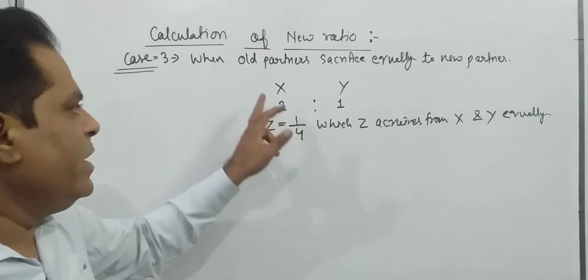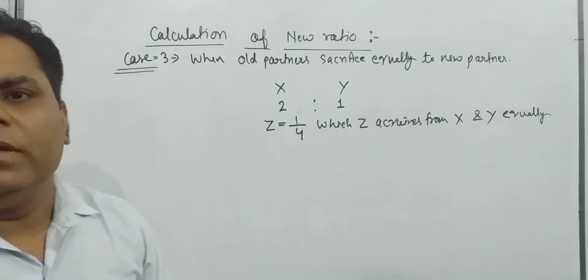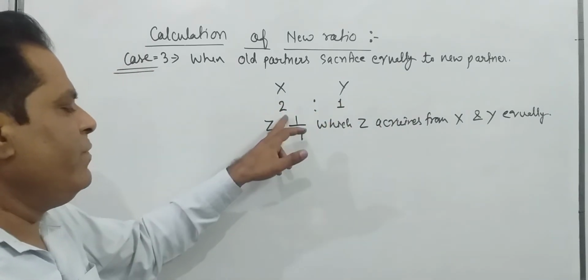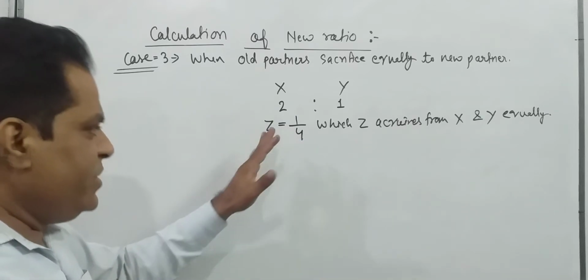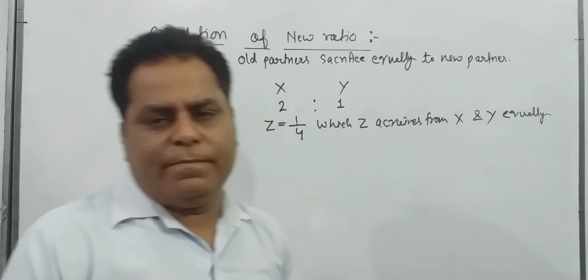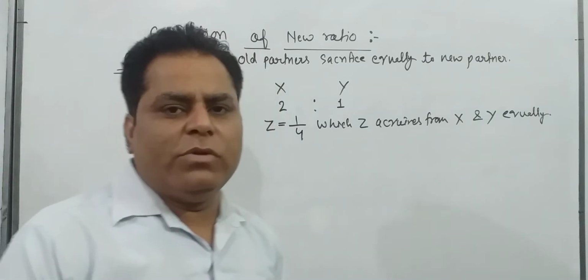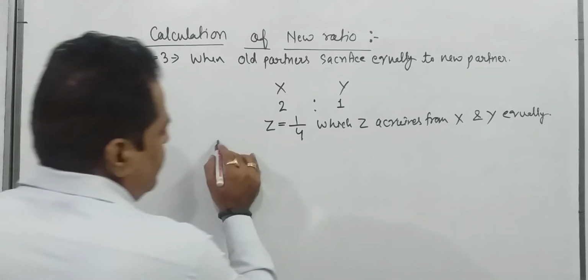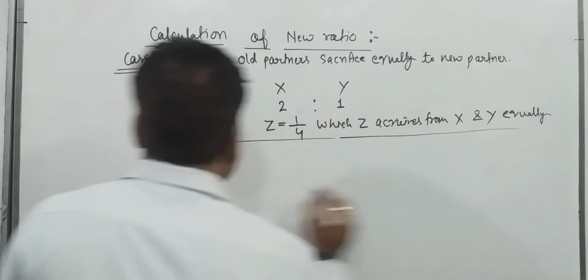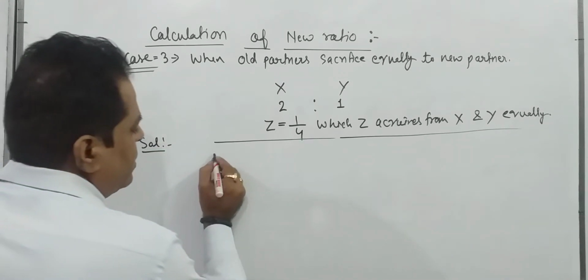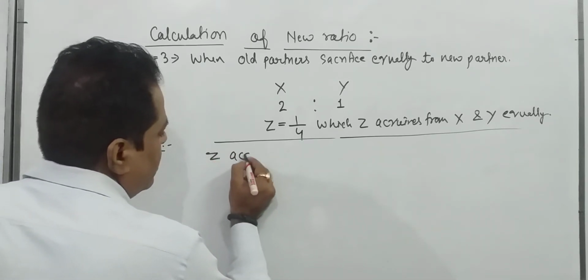Who are partners? X and Y are partners. In which ratio? 2:1. Who is the new partner? Z for 1/4 share. But Z acquires his share from X and Y equally. So how to calculate new ratio? In this condition, this is the solution. First of all, write down Z requires